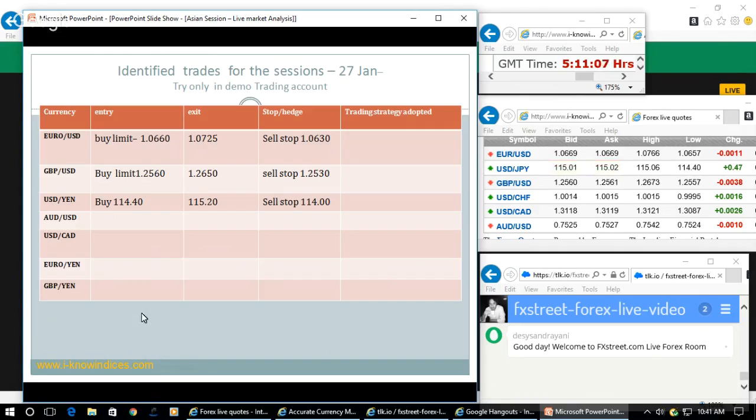So we can take a buy in the case of euro around 1.0660, and in the case of GBP 1.2560. Now you can take a buy, and yen they will make a dip around 114.80. You can take a buy in the event they don't drop much, and then later on they will gain more levels. At that time you can book profit. So these are all the recommended trades for the day, which can be tried in a demo trading platform to find the dependability of such trade calls.